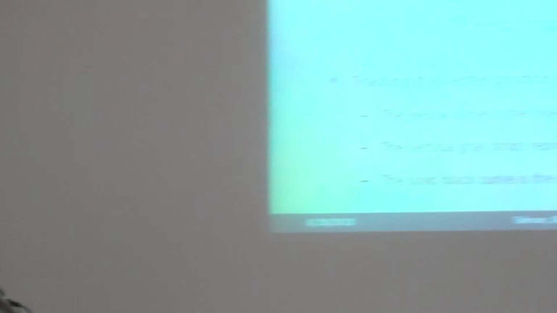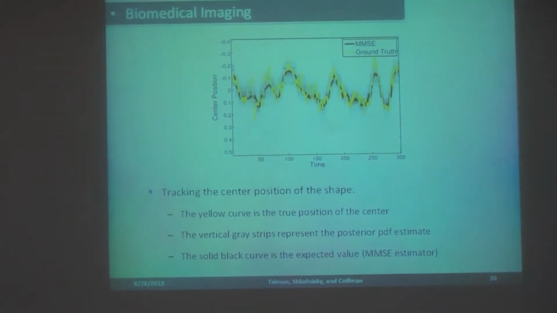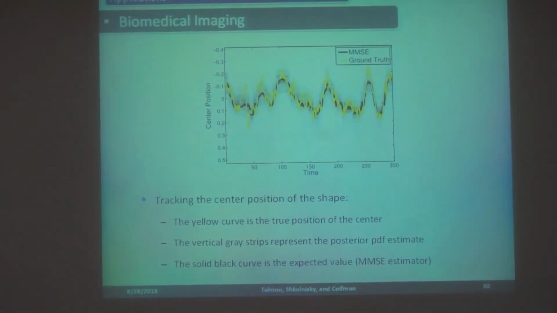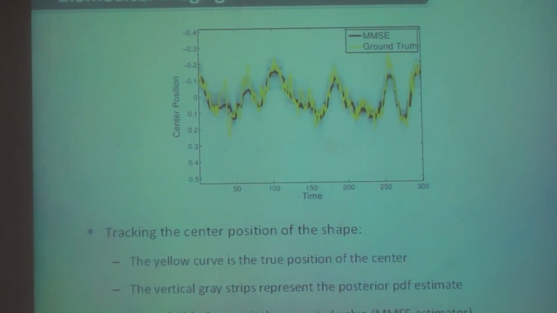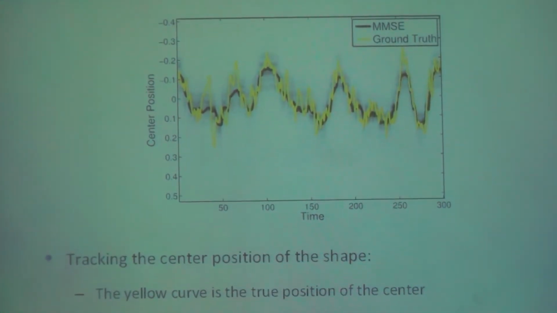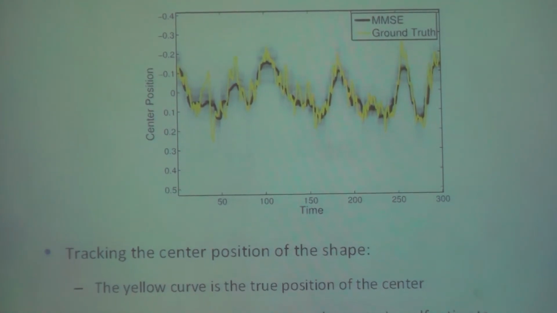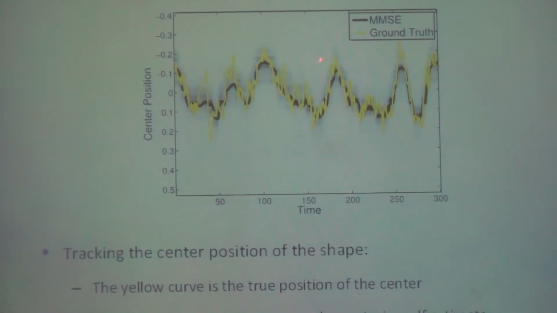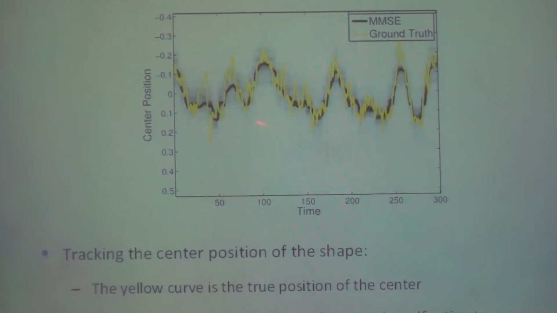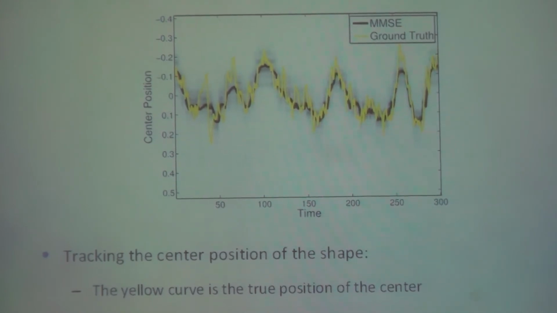And this is the result that we get. What we see here is the position of the object as a function of time. The yellow curve is the ground truth of the position of the object. The vertical gray strips are the posterior PDF estimate that we get using the Bayesian framework, and the black curve is the MMSE estimator based on the posterior estimate. Since it's just a simulation, I don't give numbers, but as you can see here, we get quite a nice tracking of